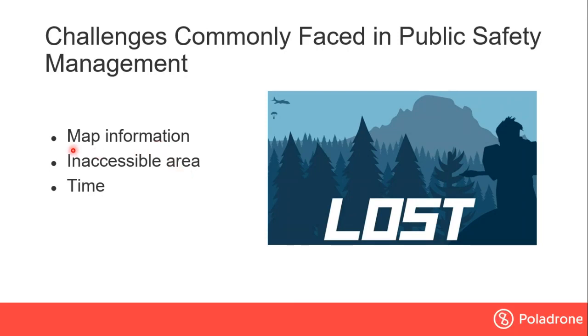Number one, I would say, is the map information. This is rather important because every time somebody's lost in the jungle, you want to send people to do some search and rescue. Would you just deploy people to go there blindly without any map information? It's like you don't know what is in the terrain, how many hills, how many trees there are. So by deploying a drone, you can quickly capture the overall aerial image of the location and tell them, okay, in front of them in how many kilometers, we have one river here, we got one pothole here. So the people that go in to do the search and rescue have a better visualization of the area.